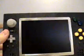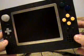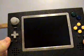Hey everyone, I finally got a little project finished which I've been working on for the past couple months, and here it is, Starlight 64. This is officially the smallest portable N64 in the world. It is about 900,000 cubic millimeters, and according to the records, all the ones that are recorded, it is the smallest. So, without further ado,